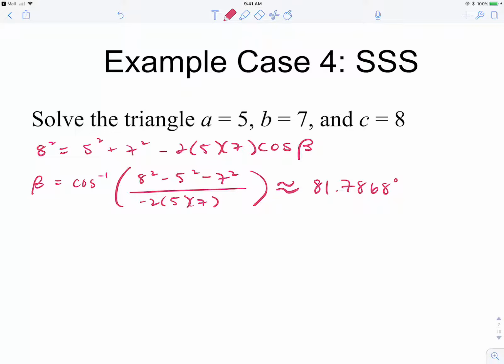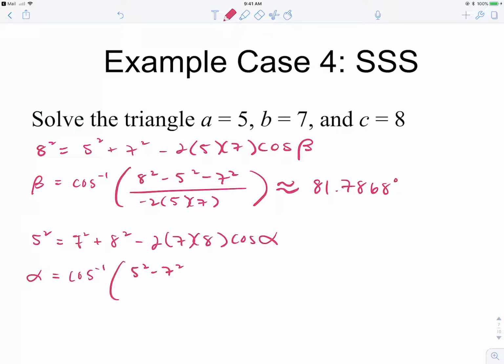You could now switch to law of sines if you wanted to, because you've solved for the largest angle. But I'm going to stay in law of cosines. I'm going to just solve for angle alpha next. So for alpha,